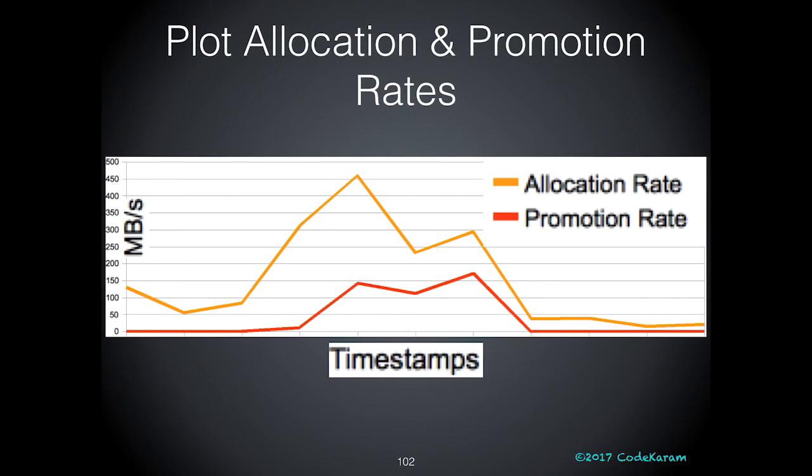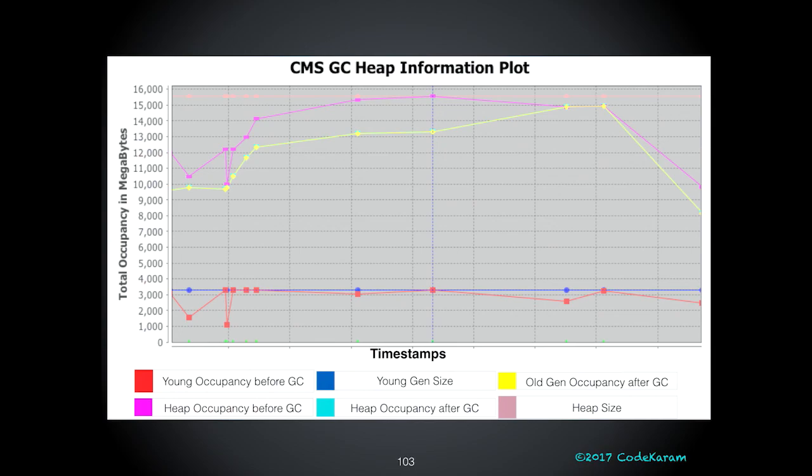This is when I plotted that CMS heap. The yellow lines are not visible. I'm sorry. Can everybody see the yellow occupancy line? That's the old generation occupancy. You see it's already around 13 gigs, right? And the total heap is 16 gigs. So right when the allocation spike happens, which is, where's my pointer? Well, anyway, just right here,